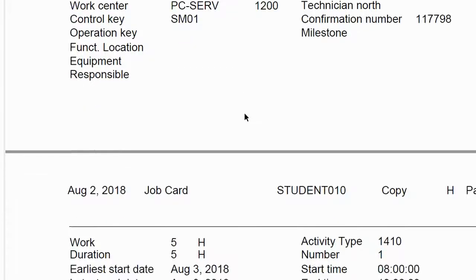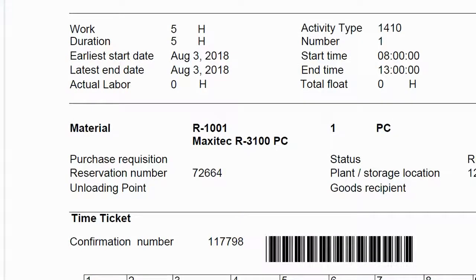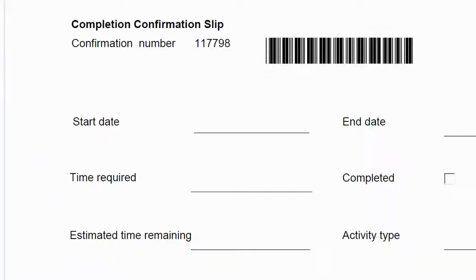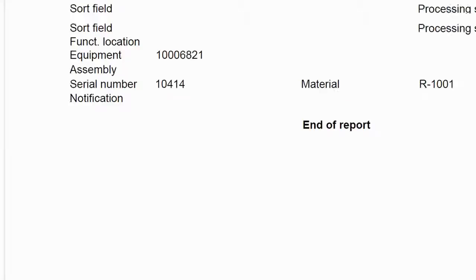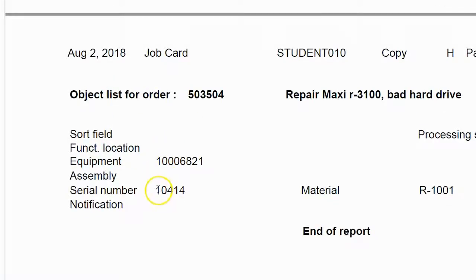And this is just a shop paper I pulled that's got everything on it. Also of interest is going to be the actual serial number of the product, so I can make sure I'm working on the right one. So I'd be looking for the Maxi R3100 with the serial number 10414. So that's what would happen. I'd get these shop papers, and